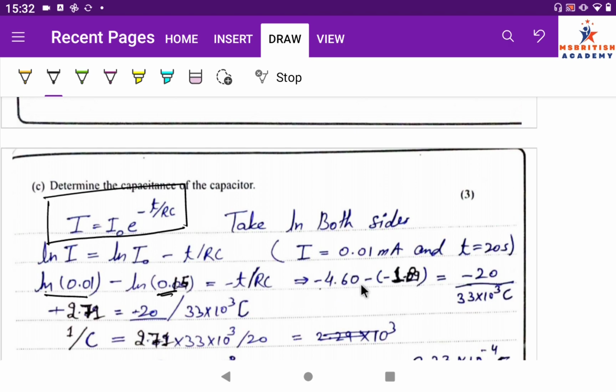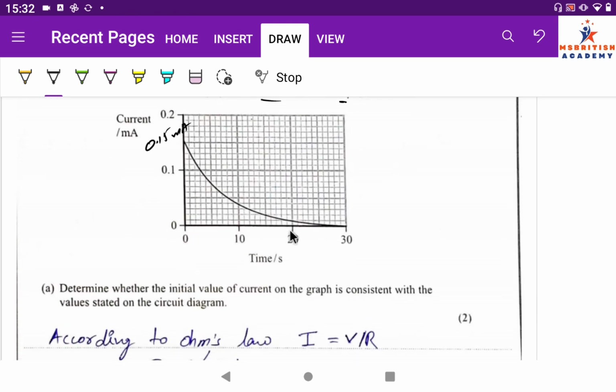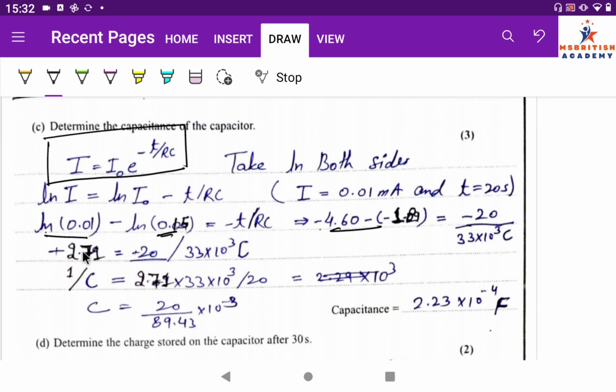At 20 seconds the current value is 0.01 milliampere. So I have substituted the current at 20 seconds, and the initial current was 0.15, and after calculation we got